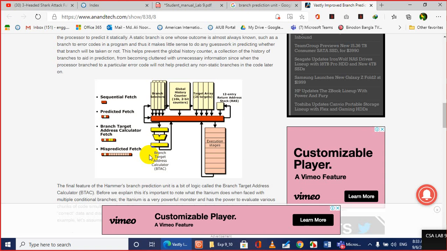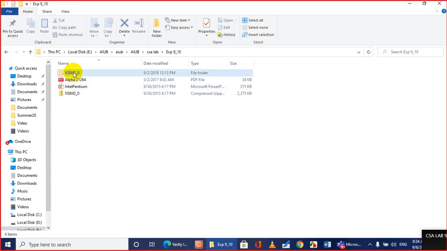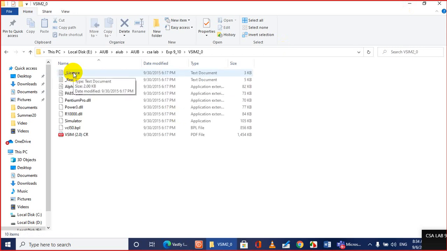Apart from these 4 parameters, several other parameters we are going to change in our design, and we are going to measure the performance. So let me open the simulator and let's find out what the other parameters are. The name of the simulator is vSim.